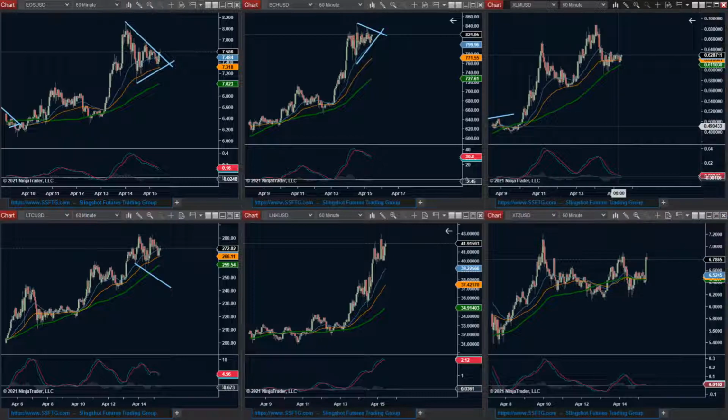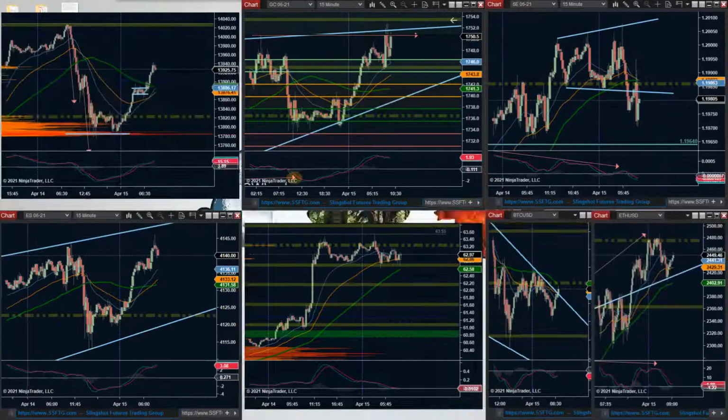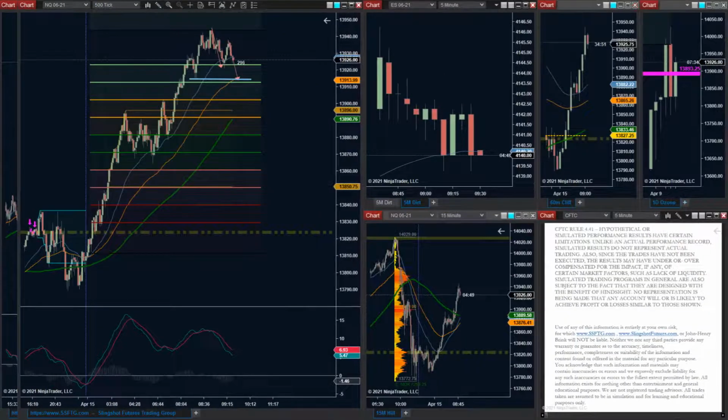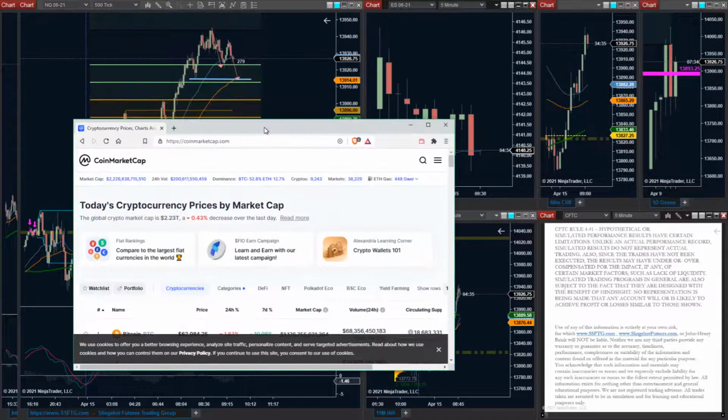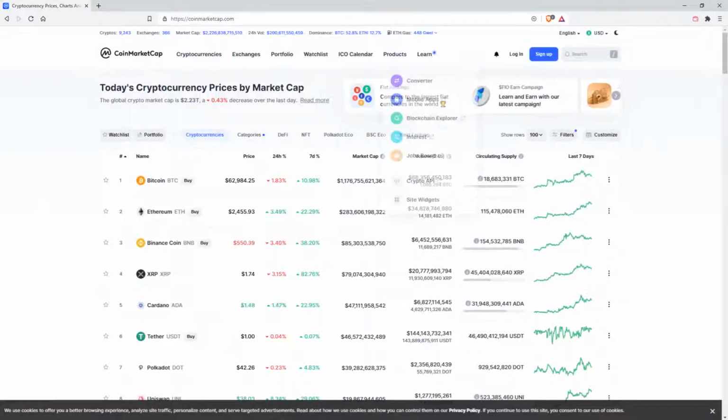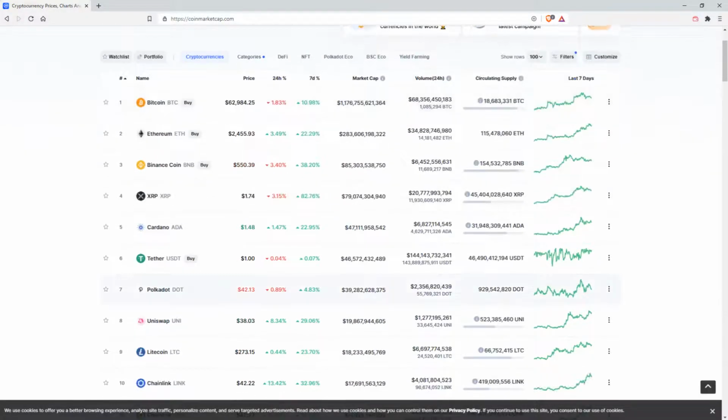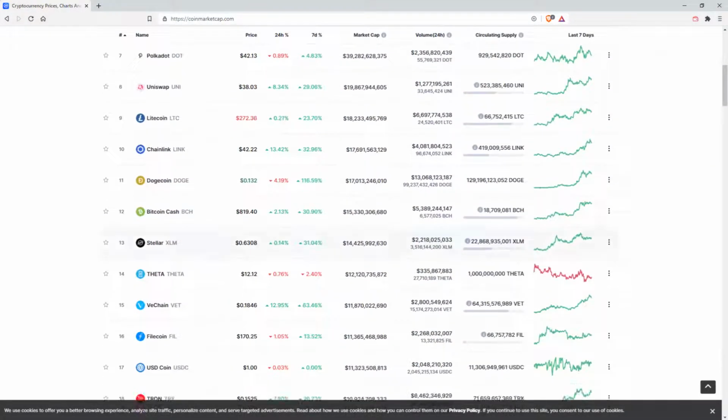Now, one thing that I do want to check whenever we've got a situation like that, where it's like, okay, Lumens, maybe that's something that I want to keep on my list, something I want to pay attention to. That's where I want to first off see who is trading the largest amount of volume. Where is the volume analysis going to be the most beneficial? So you can do that by going over to CoinMarketCap, coinmarketcap.com, and then look for Lumens in the list. You can also use the search function, but it should be pretty high up here.